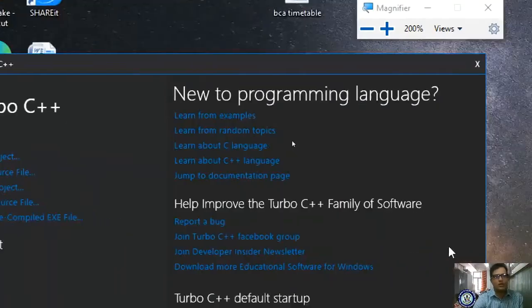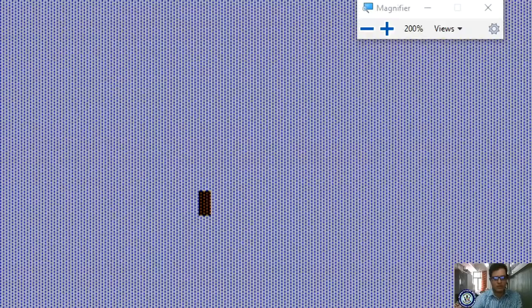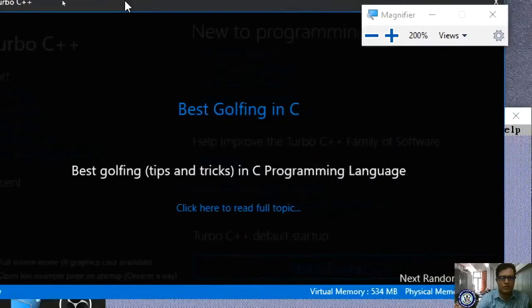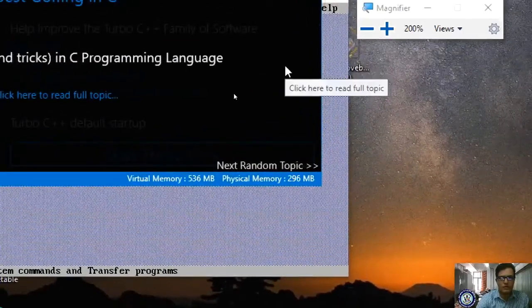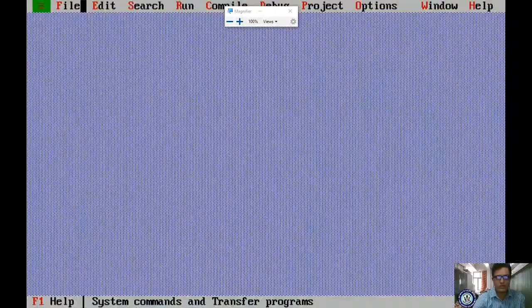If I double click, it will open. Here it is showing the Turbo C++ editor. Alt Enter, if you press, it will minimize. Once again I will press Alt Enter and reduce my size.